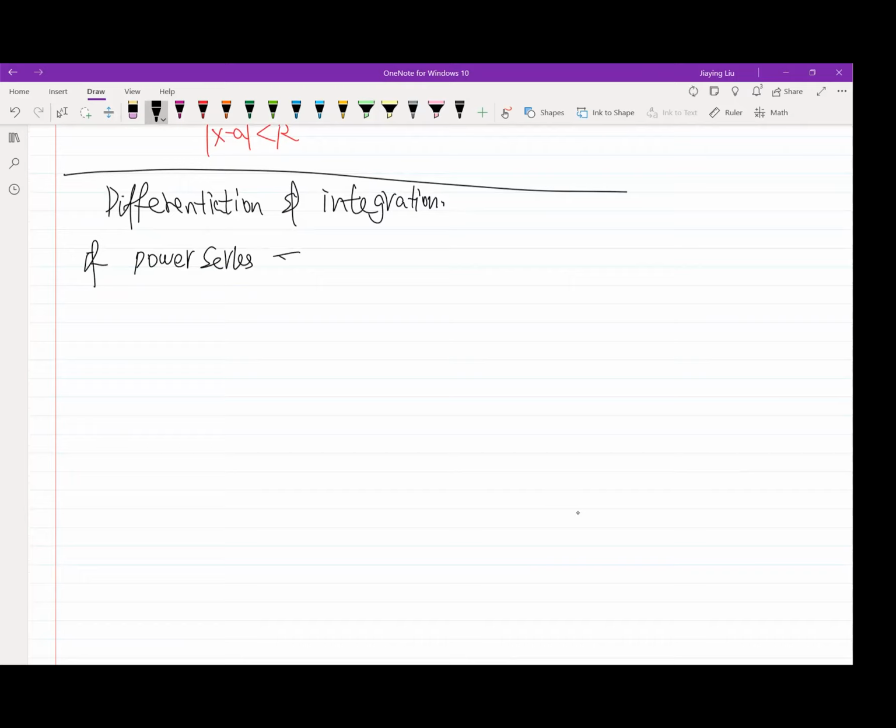If a power series, the sum of Cn times x minus a raised to the n for n from 0 to infinity, has radius of convergence capital R greater than 0,